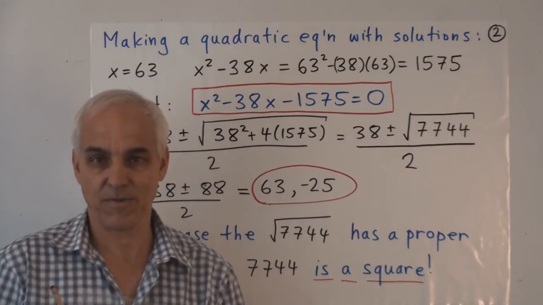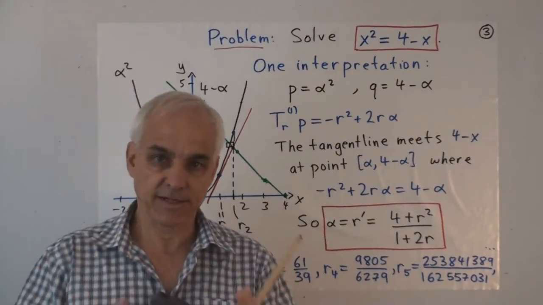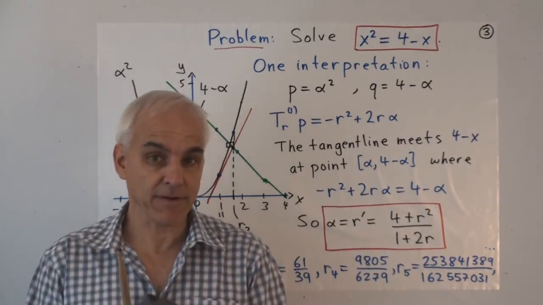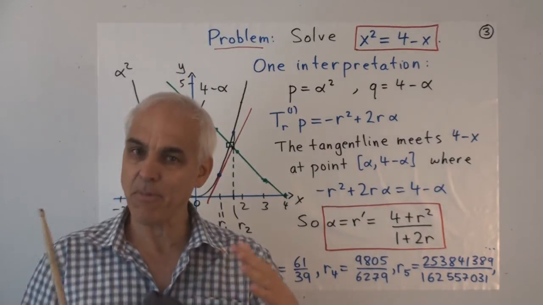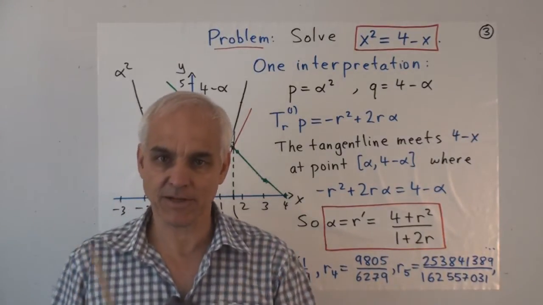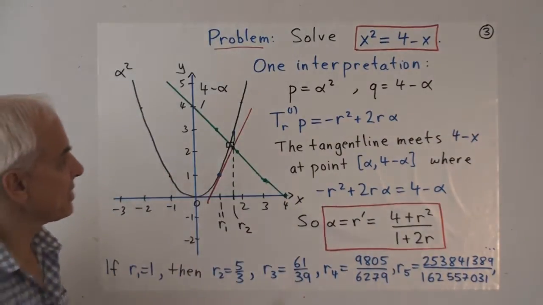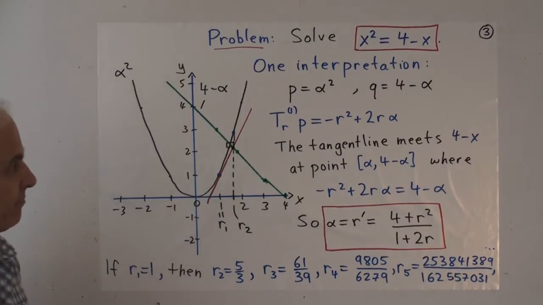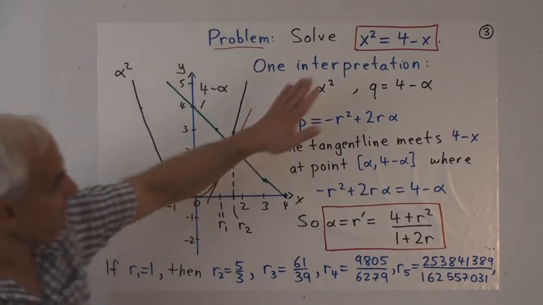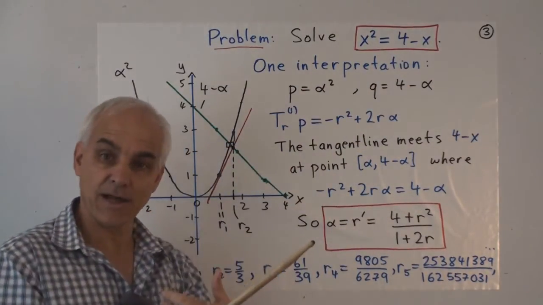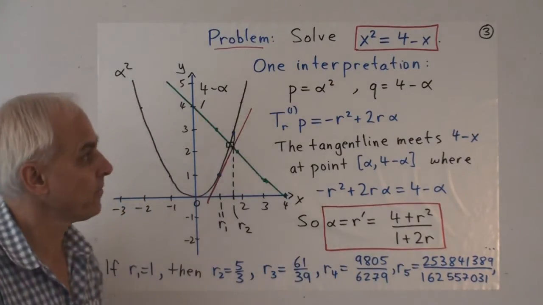Now I want to use this problem of solving a quadratic equation to illustrate that Newton's method, as I've explained it so far, is capable of some interesting generalizations. So we're going to generalize it just a little bit right now. Let's consider this particular equation. X squared equals 4 minus x. So that's a quadratic equation. And in the form that it's written here, we have a left-hand side and a right-hand side, so we don't have everything on one side like we did for the other quadratic equation.